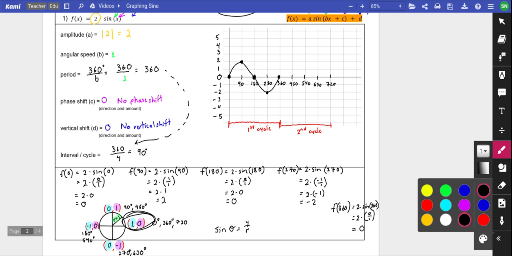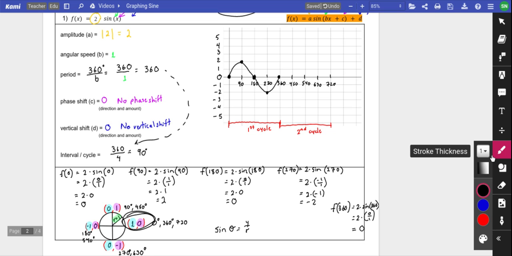The second cycle will be exactly the same. So we'll go at 2, 0, negative 2, 0. And I'm going to make this one a dashed line just so that you see that one is the first cycle, the other one is the same cycle, the